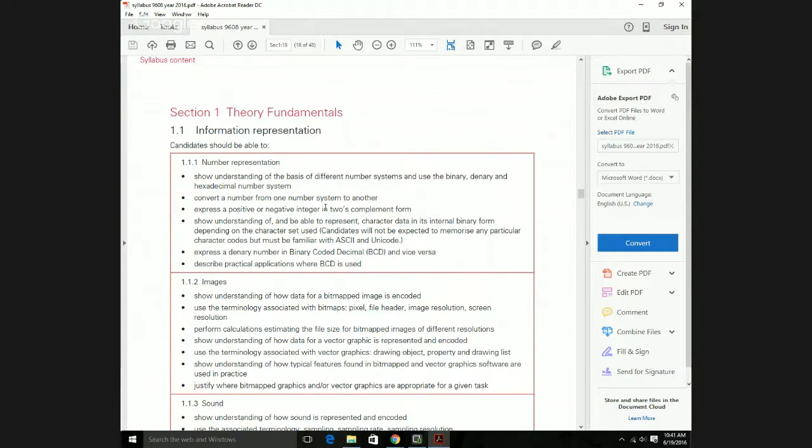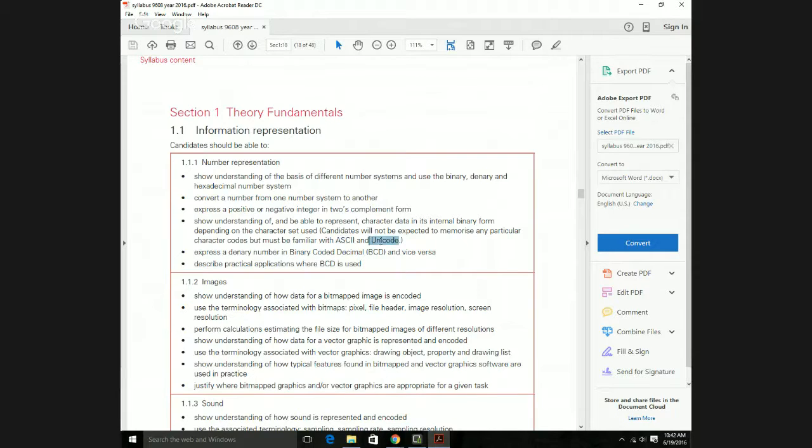In O levels, we only represent positive numbers. So what do we do when we need to tell computers a negative number, for example minus 37? How do we represent that this 37 is not a positive number but a negative number? We use some other methodology, that is ones complement and twos complement. This will be covered, along with an introduction to the American Standard Code for Information Interchange, that is ASCII,